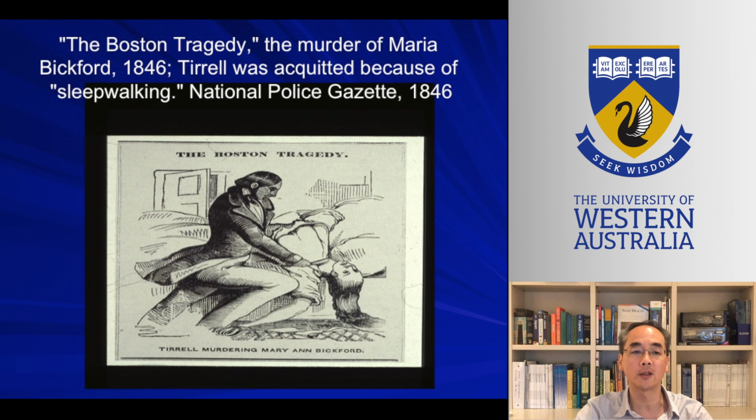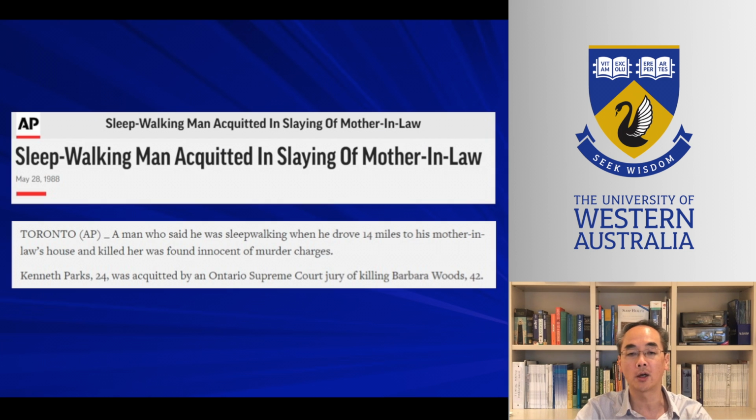What's the significance of this case? By the way, he was also acquitted of the arson charges, and these acquittals marked the first time in American legal history that sleepwalking was successfully used as a defence in a murder prosecution. There is also another more recent and famous case from Canada in 1989 that you may be aware of, involving a Mr. Kenneth James Parks. He was a 25-year-old married man who drove 20 kilometres to kill his mother-in-law. Again, there was no motive, despite having large gambling debts, and again he was acquitted.